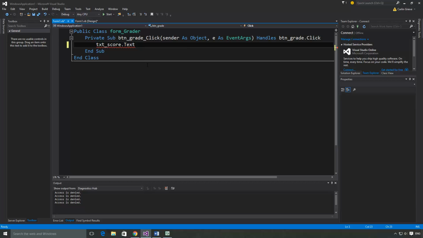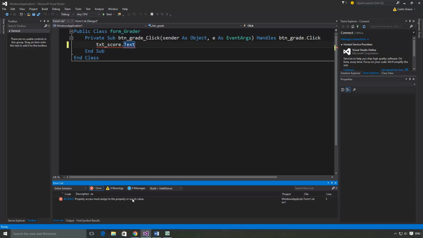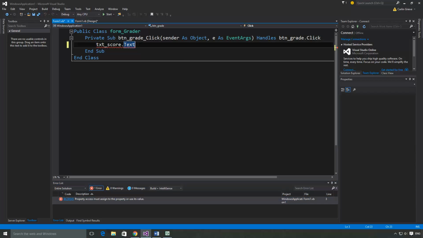So you can hit tab to select that, or you can handwrite it. Now currently it's errored out, that's fine. And if you look at your error list, it says it must assign a property to its value. It doesn't know what to do with it yet. That's because we haven't finished coding. So always make sure you finish a line of code before you get worried that it's not working or